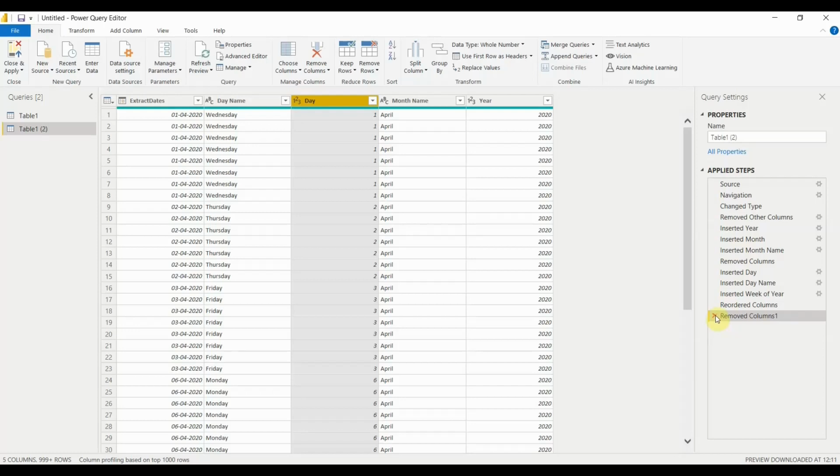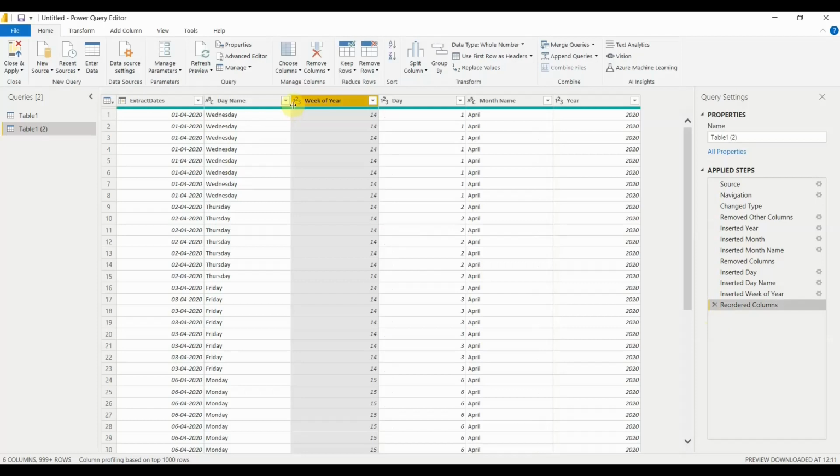If I cancel this step, you will see your column again. This is the Applied Steps pane, wherein whatever step you apply in your Query Editor gets recorded, and based on this you can see all the steps you have followed. So if you see, we have inserted a day, a day name, a day of week. These are the steps that have been applied while working with this particular table.